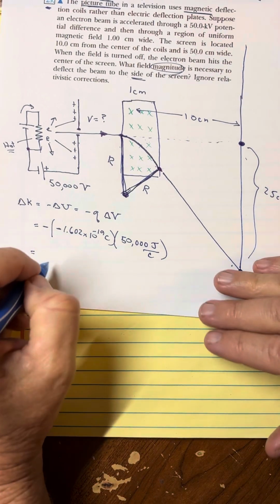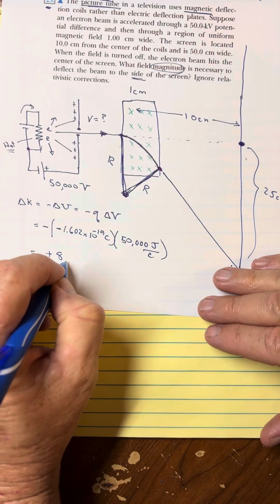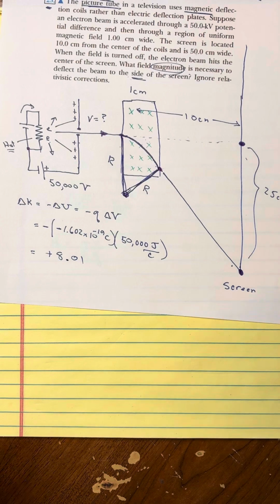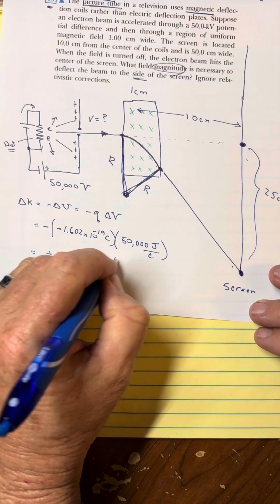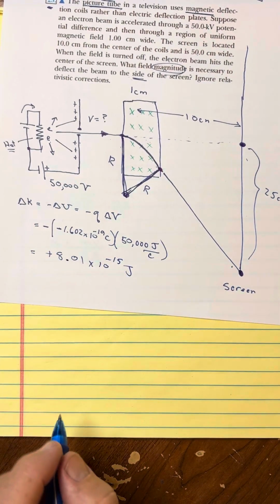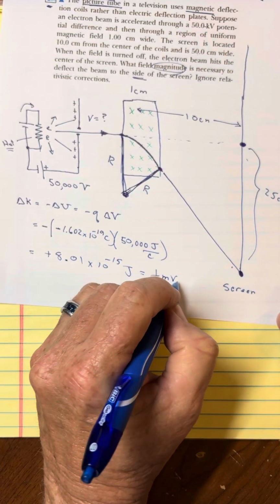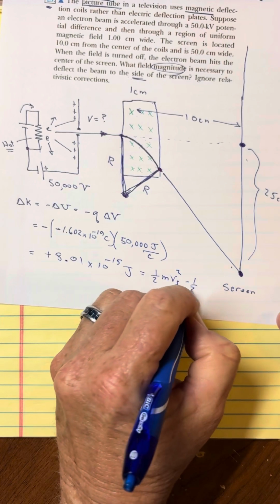And so we're looking at a change in kinetic energy of plus. That's good. That means it goes faster. 8.01 times 10 to the minus 15 joules of energy. And if we set that equal to the change in kinetic energy,